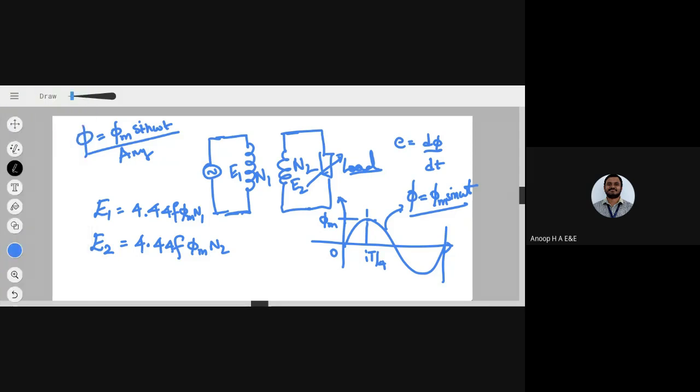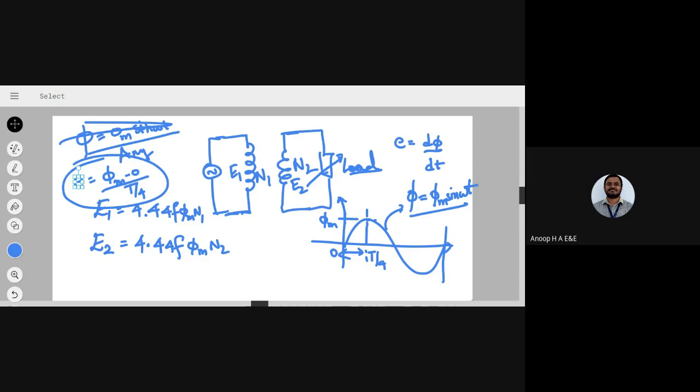Anyone? Okay, so I got the EMF expressions here, where I can generally write it. It would be quite easy for me to write, and you can show the expressions here, which is written as E equals d phi. So this value you will be taking as phi m minus 0 divided by T by 4. So you will be finding out the average value of the expression, and then you will be finding out the values which are there.